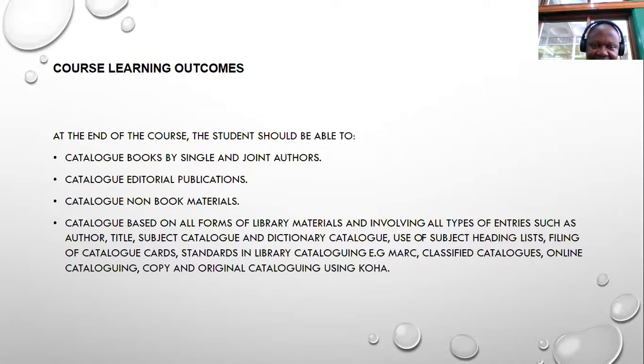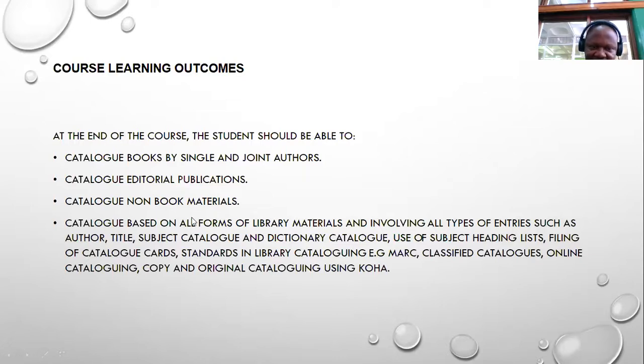And that is why 4 authors were left out, and I opted to start with those this semester. And then another major component is to catalog non-book materials. In semester 1, it was book materials. Now we shall endeavor to catalog non-book materials,